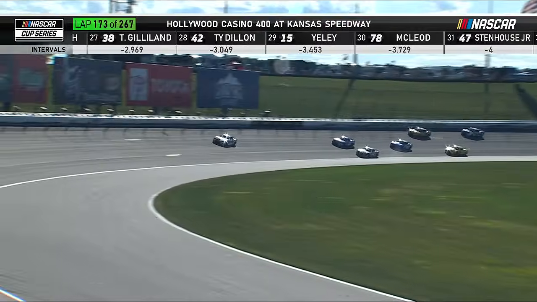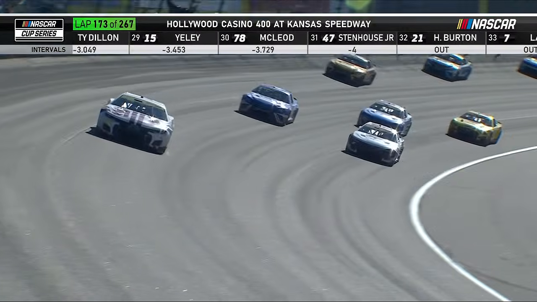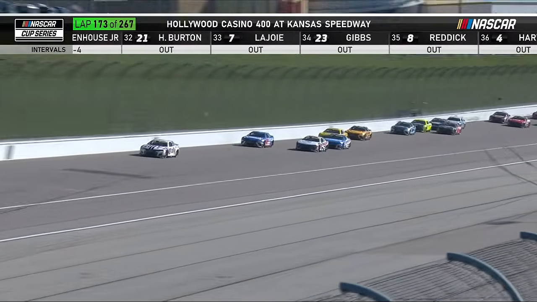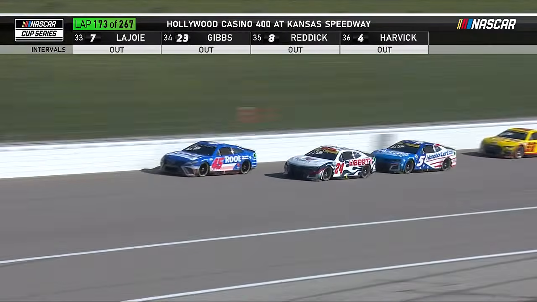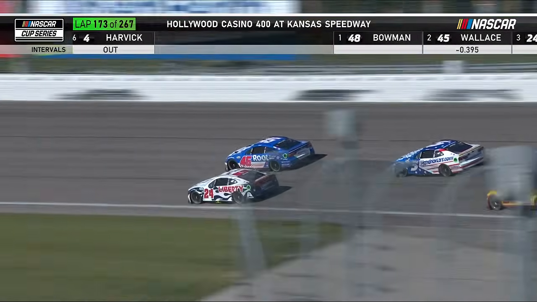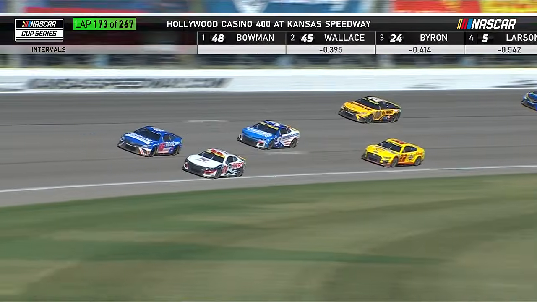Still a great battle right there for 2nd. Bubba Wallace on the outside, William Byron on the inside. Kyle Larson behind him trying to figure out which way to go. Does he go low? Does he stay high? He's trying to help his teammate a little bit on the back straightaway, but